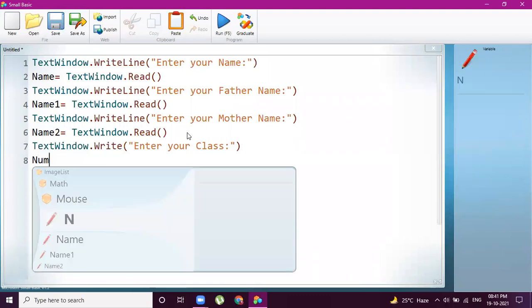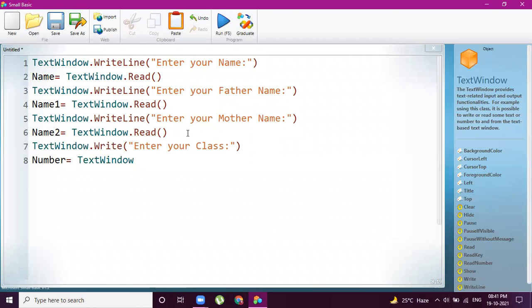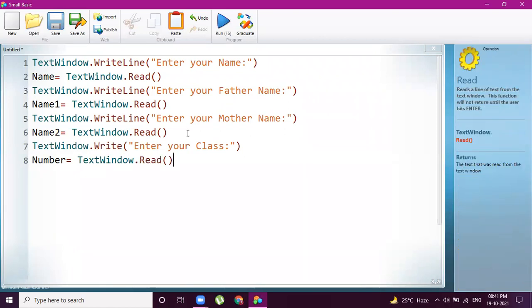So I want to enter the number, so that's why here I am taking the variable as a number. Text window dot read number. So you may have a doubt, sir, what is the difference between read and read number?